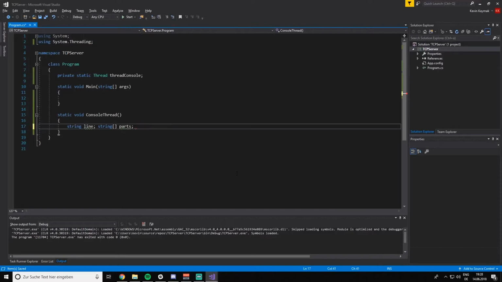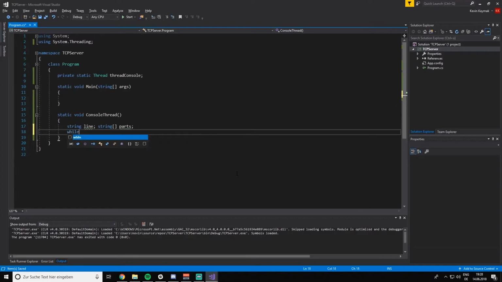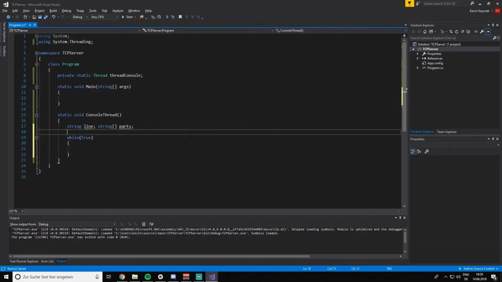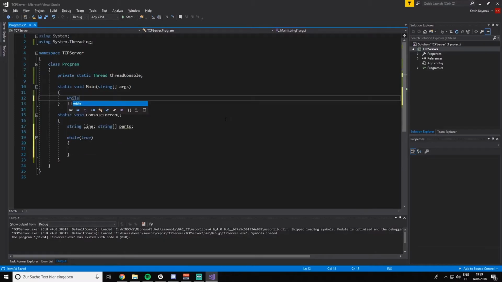Okay, but to keep this console application alive, we are going to make a while loop, and we say while the application is true, then nothing happens, okay? Which is then an infinite loop, which keeps the console application alive. And because we have created a separate thread for that, this is not as resource-taking as if you make the while loop directly in your Main method. Okay, that is bad coding. You don't want to do that